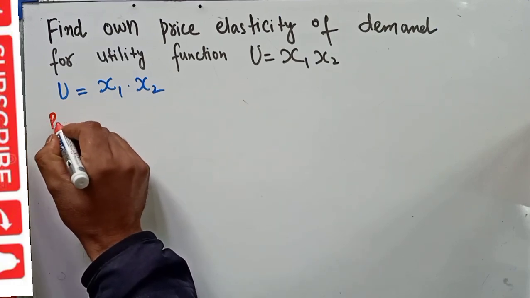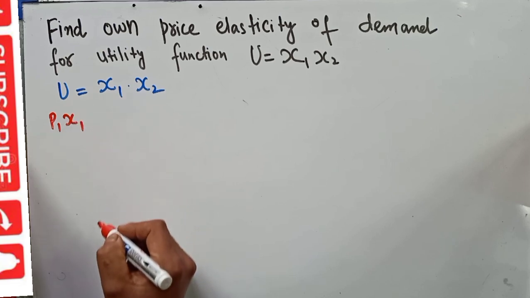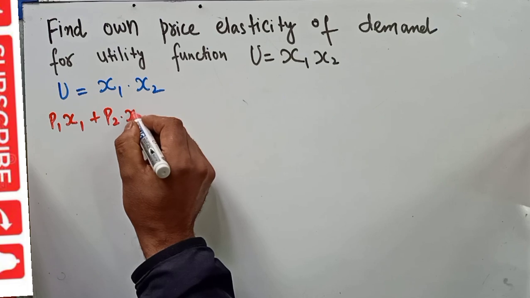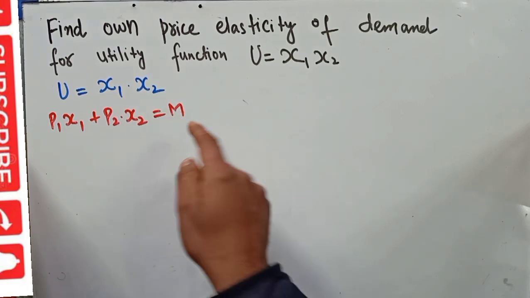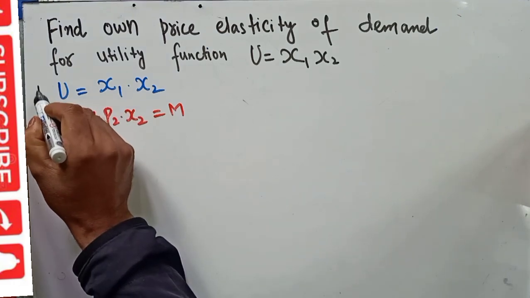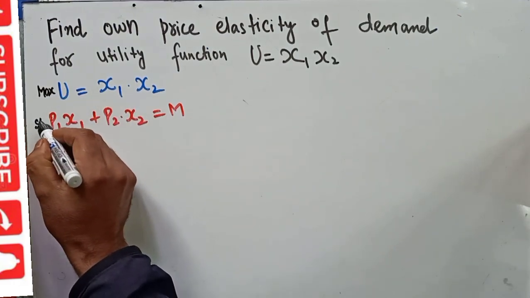Let us say P1 is the price of good x1 times units of good x1, plus price of good x2 times units of good x2, and it should exhaust all income. That means income m should be exhausted on goods x1 and x2 given the prices P1 and P2. Our question then becomes: we want to maximize this utility function subject to this budget constraint to find